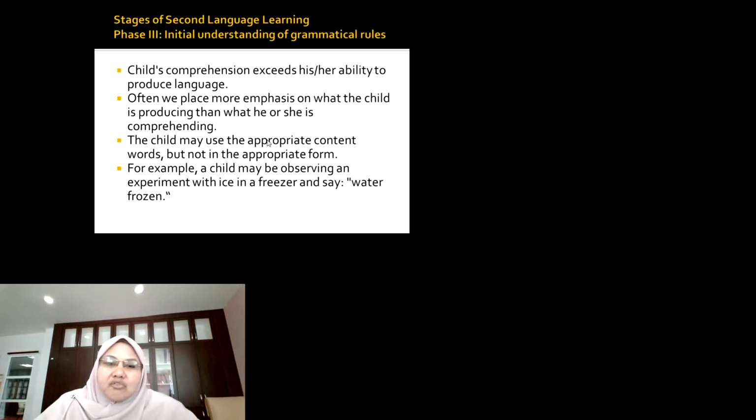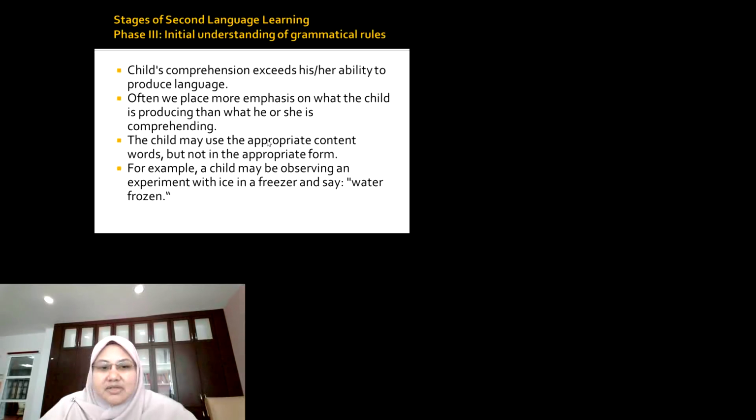And although we often place emphasis, we focus on what the child is producing rather than what she or he is comprehending. This is where we always tend to correct the mistakes, grammatical mistakes done by the child, okay. So this is not appropriate yet for this stage, so you have to ignore that, so that they will have better